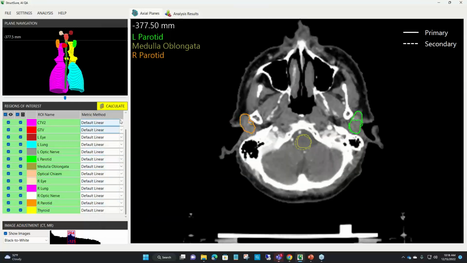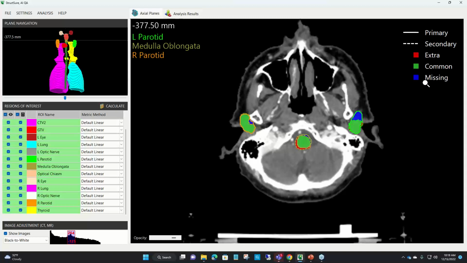So here I'm ready to go, and now I'm ready to calculate. So hit the calculate button. Look at that, we got progress right there. And now you can see where it's all shaded in. In fact, I'm going to take this little opacity tool and brighten that up so everybody can see that really well. Take a look at what we got here, just from a visual standpoint. Here's a really good example. Where it's green, that's where the primary and secondary set had common area, meaning we both agree that here is the region of interest.